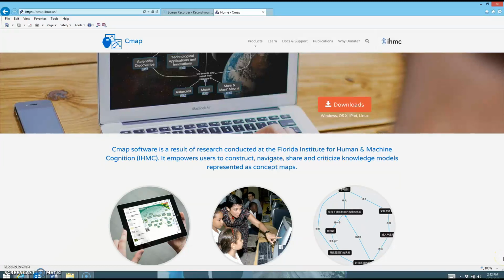As you now know, you will need a special software to complete the concept maps for this class. This software is called CmapTools. It is available via the cloud and it's free of charge to you. You will have to go to the website listed here,